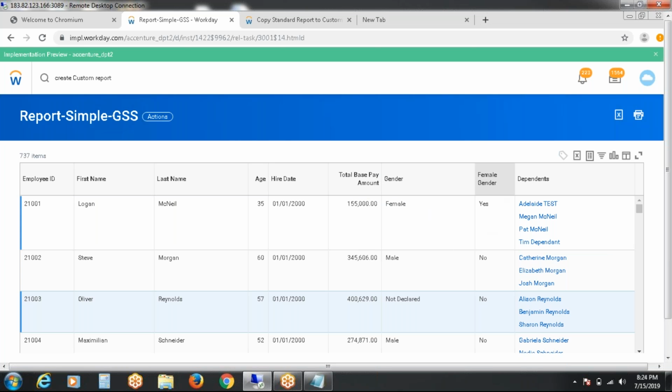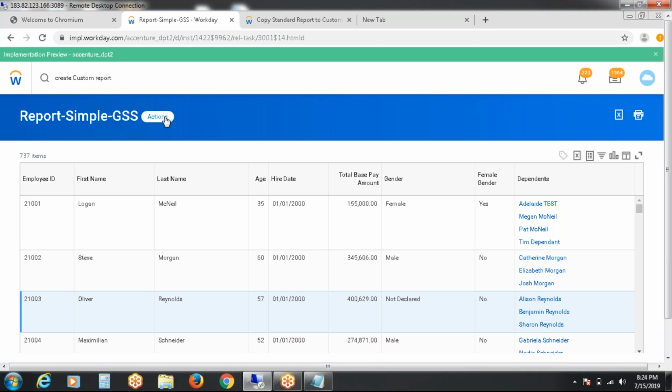Gender, and if it is female gender, it should show as yes. If it is male gender, it should display as no. And dependents. See, if I call the dependent data, how many details are there? Multiple answers came here, either spouse or children or anything. But if you ask for the dependent's age, the worker cannot provide. Only the dependent can provide. That is a related business object. So we need to do it in the advanced report itself.